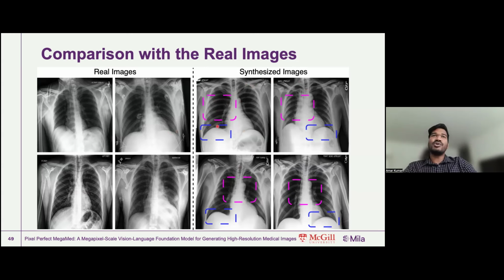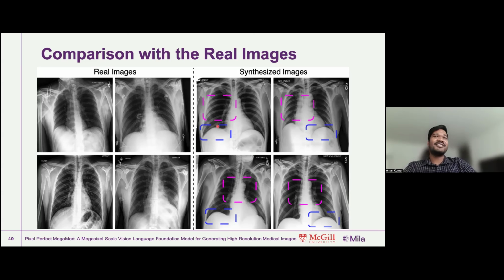But what we showed is that these synthetic images could be used, or are very helpful, in the context when you have low data. So if we just use 200 real samples and take these high resolution synthetic images, we are able to perform way better on a downstream classification task. And if you're interested, please do refer to the paper. Now, all that to show different directions of work that could be done.